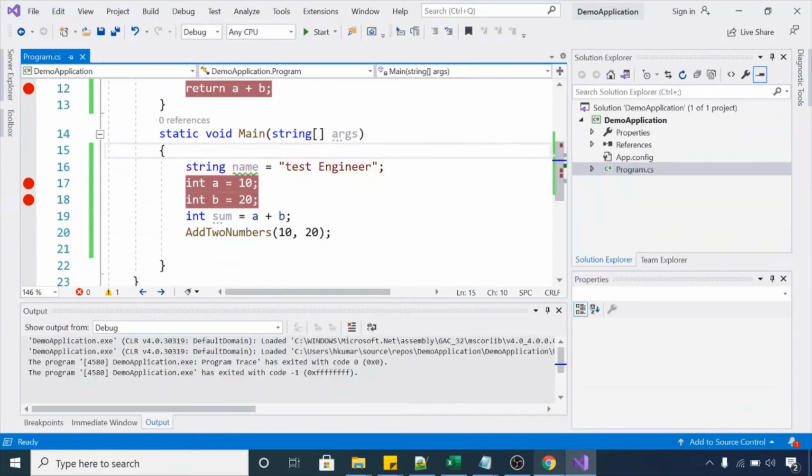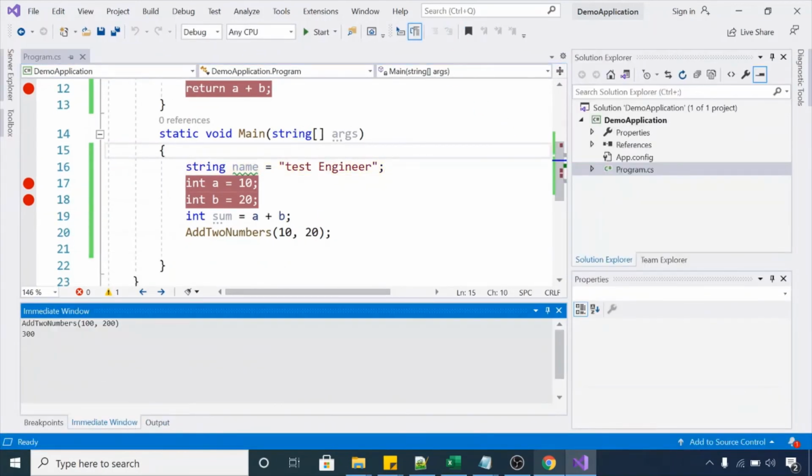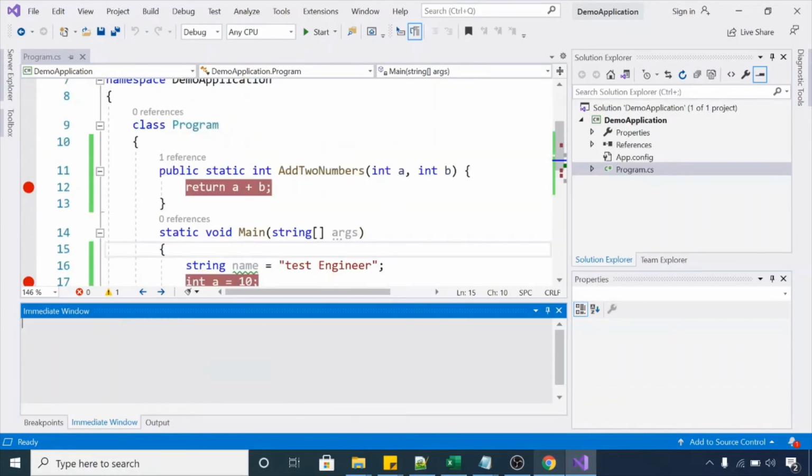Let me stop this. Let me open the immediate window, clear this, and call add two numbers again. Now we are not pressing F5 or Control F5 from Visual Studio. We can directly invoke this add two numbers method from the immediate window. Let me do it again.